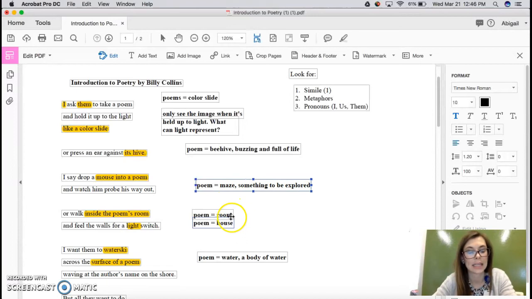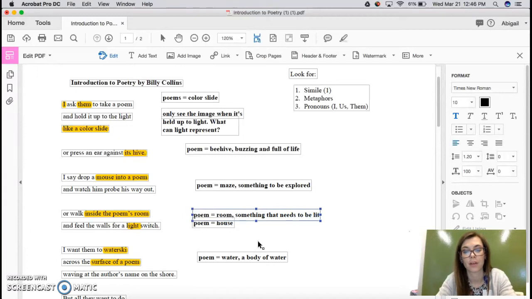Okay. And here the poem becomes a room or a house, something that needs to be lit up in order to see. Interesting that light is emphasized in 2 different stanzas. That's something we might want to explore later.